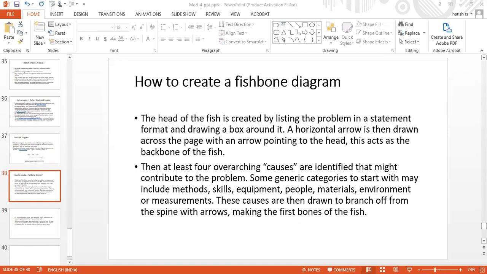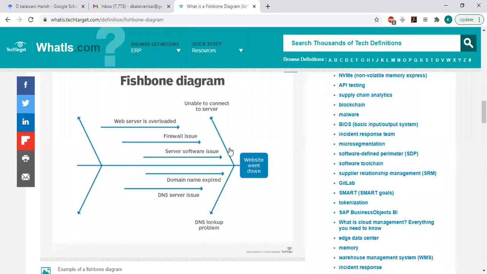So now you see, for one more example, I will share a small one. You just see this diagram. This is another fishbone diagram. The problem is the website goes down. So the main problem, there is one backbone here. The main problem is being unable to connect to the server. It can be that your DNS server has a problem, it is not having a lookup. We are not able to find the DNS server. So these may be the two problems causing the website to go down.